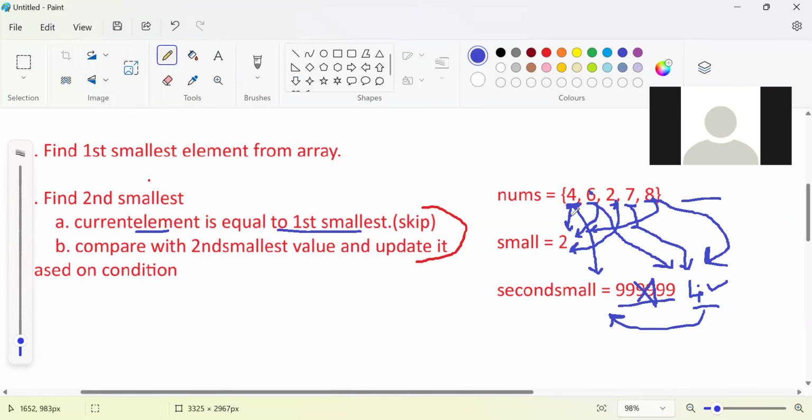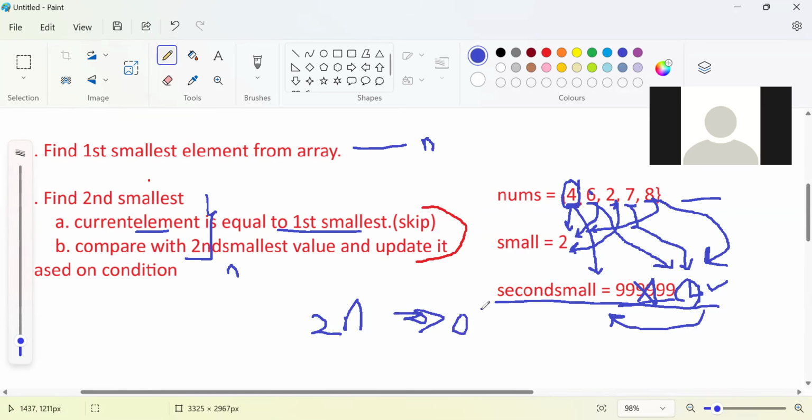Now, after this entire process, what is the second smallest, guys? 4. The second smallest is value 4. And this is the simple approach. Now what is the time complexity for this? To find out the smallest element, we will take n times. And to find out the second smallest element, we will take another n. So it will become 2n, which in terms will become big O of